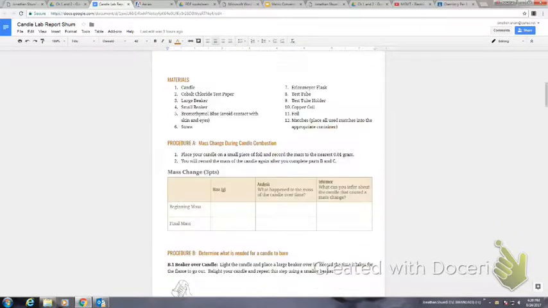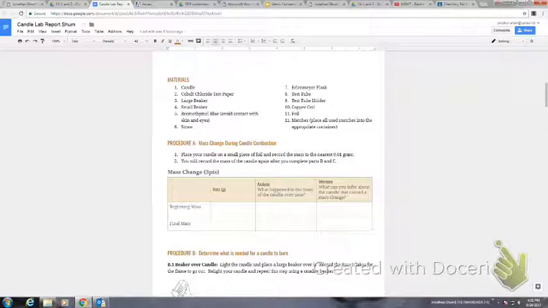So the first one talks about mass change. And what you'll notice is that the mass of the candle decreased from when you started to when you finished in one period. And so the question is, why did the mass change? What you should have noticed was how your candle grew shorter and shorter. And what was going on was the candle was actually using the wax. And so the wax, called paraffin wax, is fuel